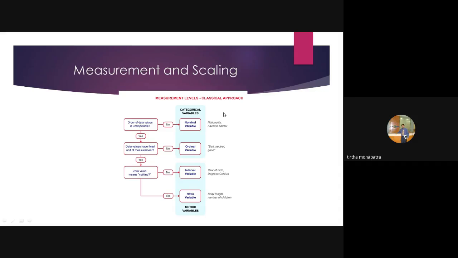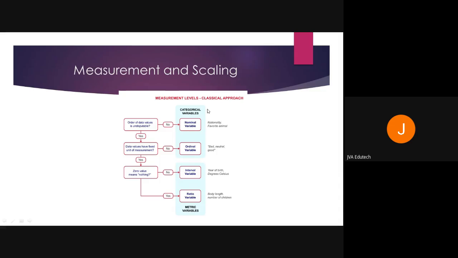Okay. So let's say age categories. Does the age category make any sense? You only say that this age category belongs to the younger generation, this belongs to the older generation, this belongs to the teenagers. Is there any equal distance? No. So that is a kind of ordinal variable. That's why these two are called categorical variables.